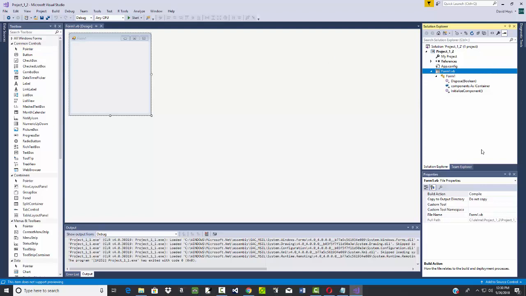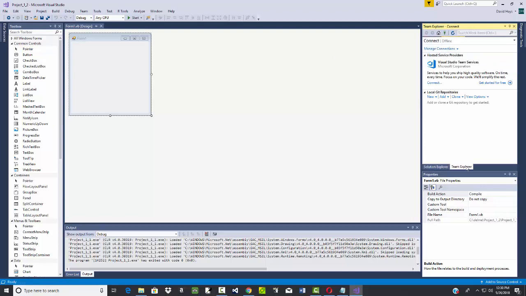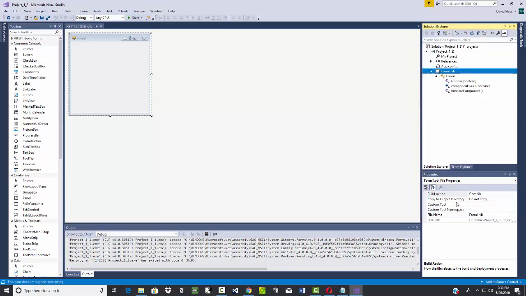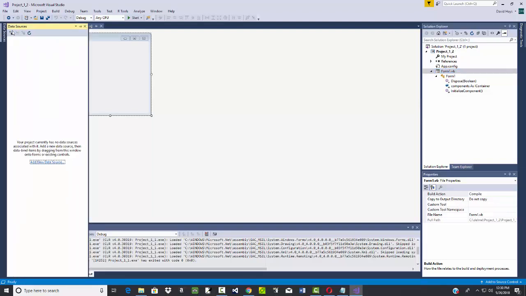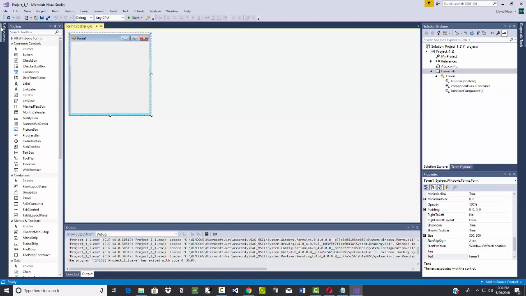Let's see. The Team Explorer you probably won't use that much, if at all, in this class. Data sources is another one that's handy. Now if I click this, you see it looks like it overwrote the toolbox, but again, if I click over here, it auto hides it and I can see my toolbox again. Data sources is one that we'll work with, but just the important item to remember from this video is